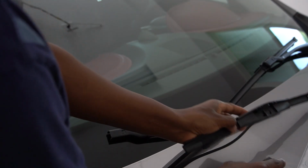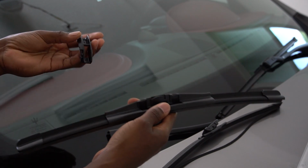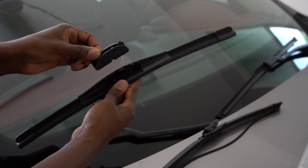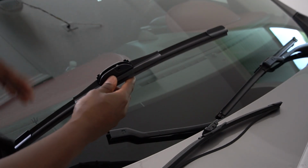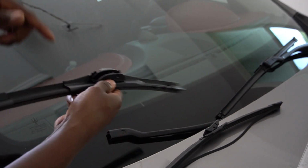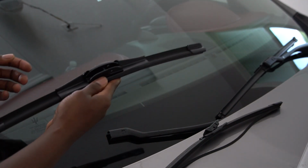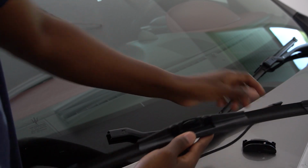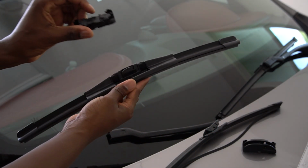But anyway, the one that I bought comes with two clips. This clip is for a regular car, let's say like a Honda Civic, because those you just slide in and then you pull back, and it locks with this handle here. But since it's a Maserati, they have a different clip for it. So the way you do that,